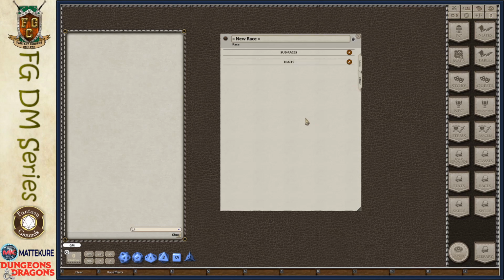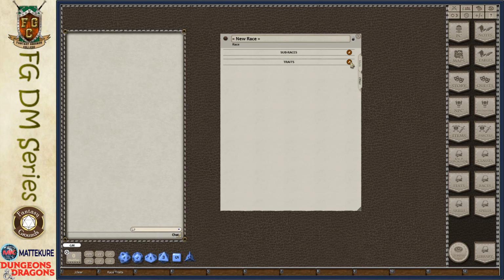The other tab is where we add in all of our automation capabilities and where we define all of the traits and any sub races that are necessary for this race. So here under traits, we would add our list of traits. If we have additional sub races, we're going to go ahead and add them here and define any traits that are unique to that sub race in each entry.